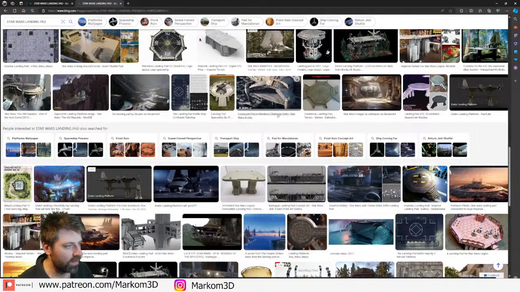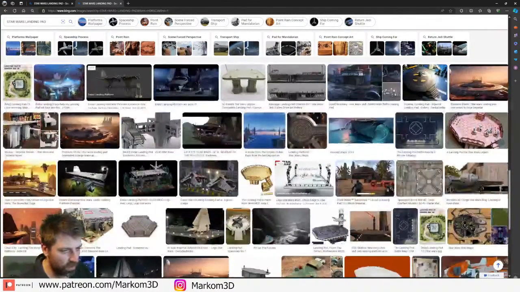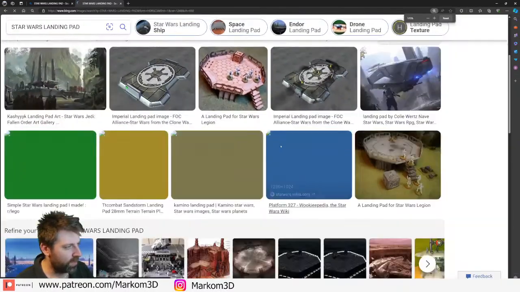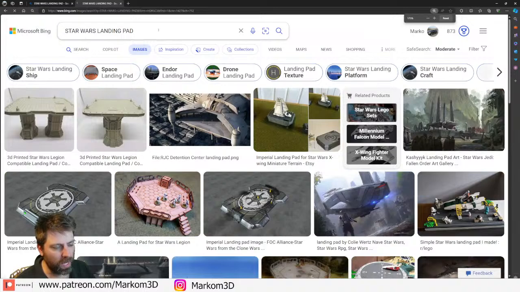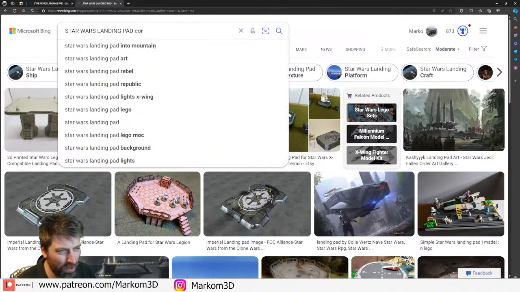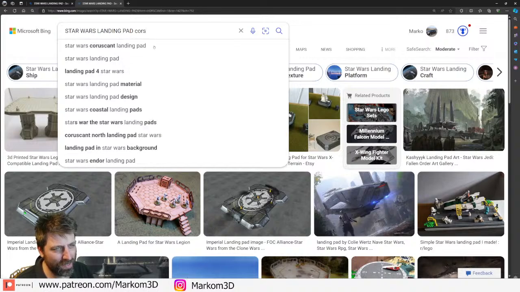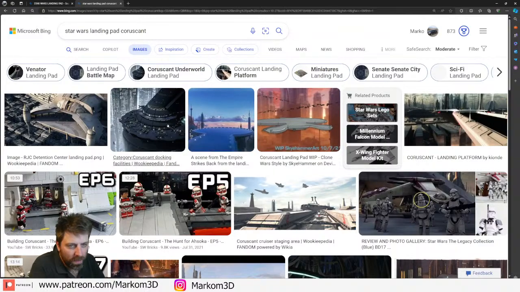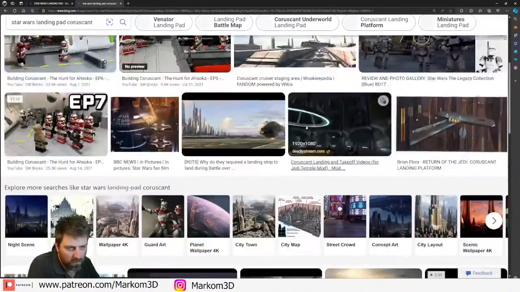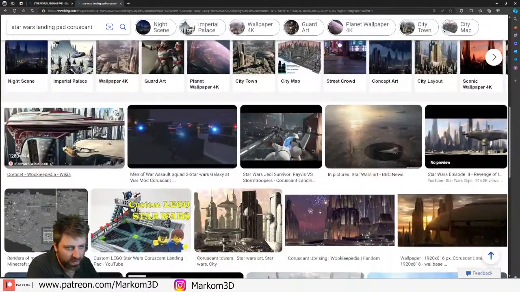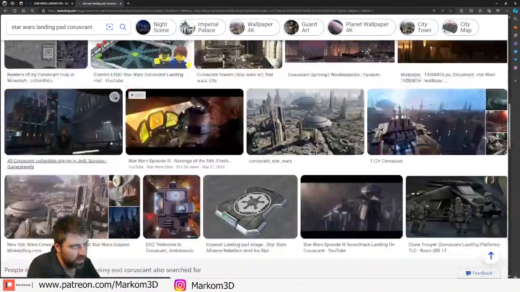What the heck is that? That looks cool. Yeah, I absolutely hate Bing. Landing pad. Oh. There we go. Do that. Okay. Where is it? There's the hidden image of the Falcon.